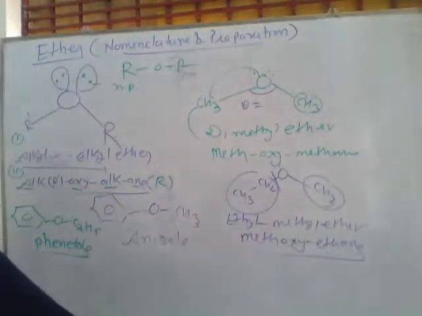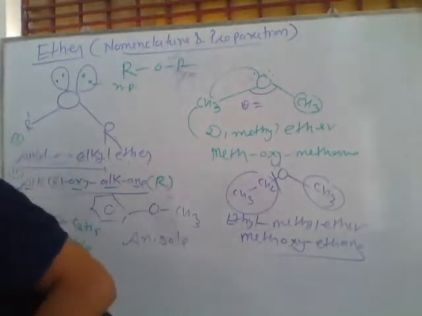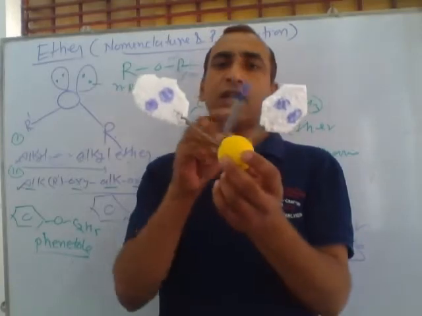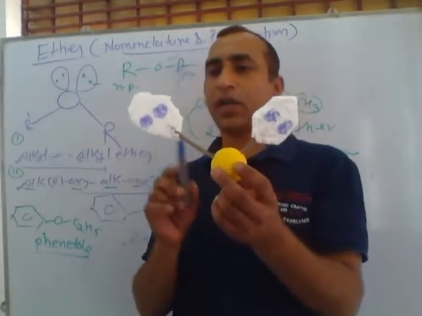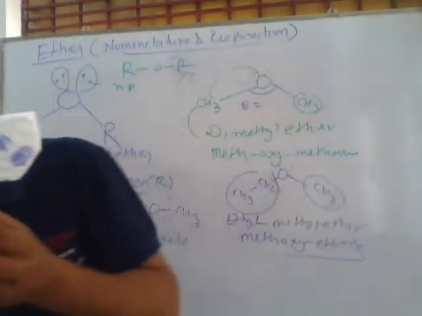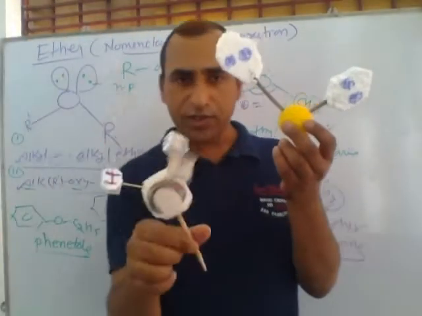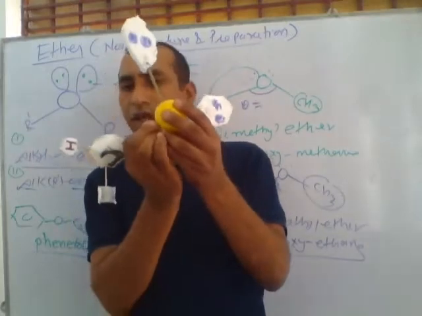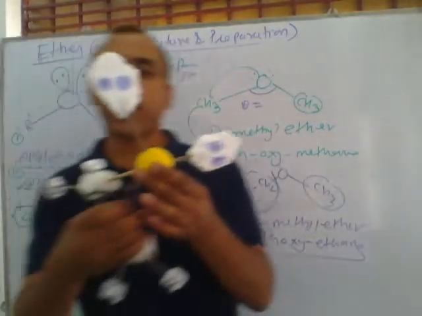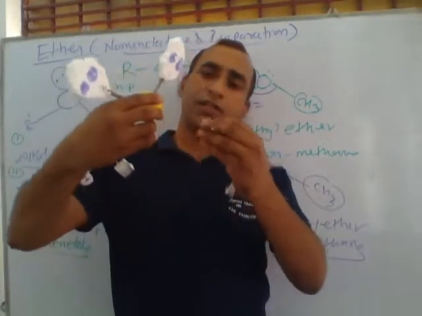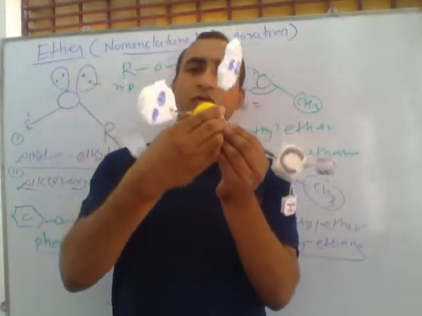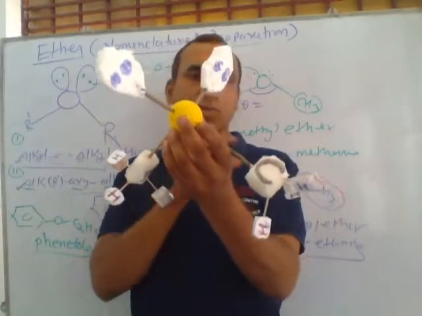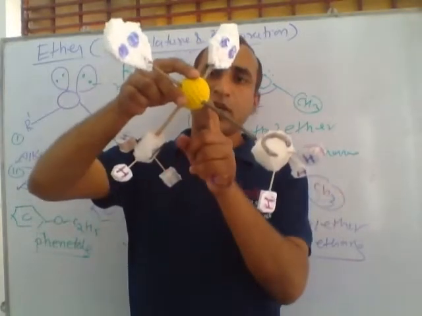We can learn with the help of this model. Listen. Suppose this is oxygen. On oxygen, there are 2 non-bonded pairs, lone pairs of electrons present. If I am using CH3, this tetrahedral shape CH3 here, CH3, and again we are using another CH3 here. So actually this shape is called tetrahedral shape. In tetrahedral shape, these 2 CH3 groups are connected with this yellow colored oxygen atom.